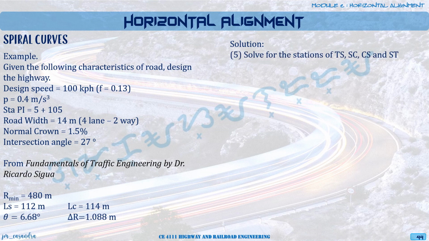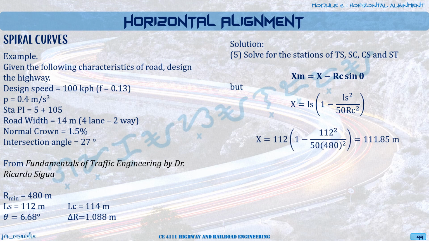Okay? So to solve for XM, it's equal to X minus RC sine theta. The value of X will be computed using the equation LS times the quantity 1 minus LS squared over 50 RC squared. We're given the LS, we're given RC, so just substitute the values. So X now is equal to 111.85 meters. Okay, and then XM now is computed as